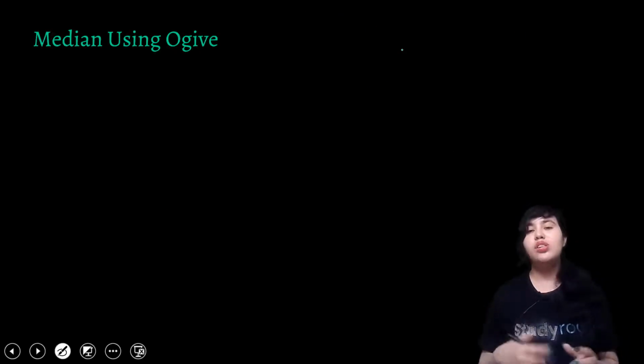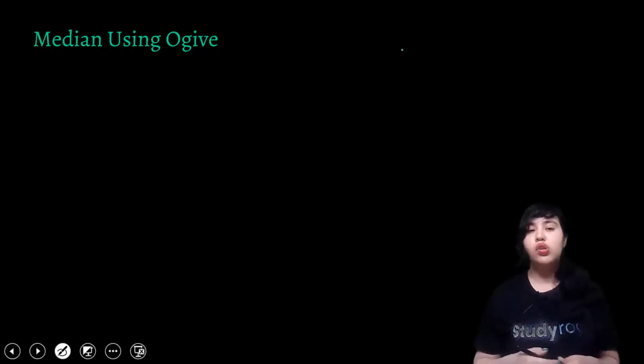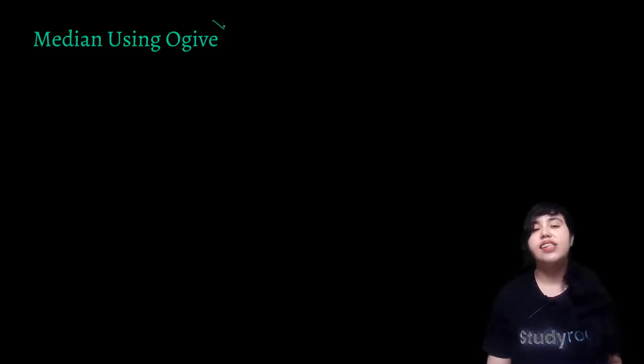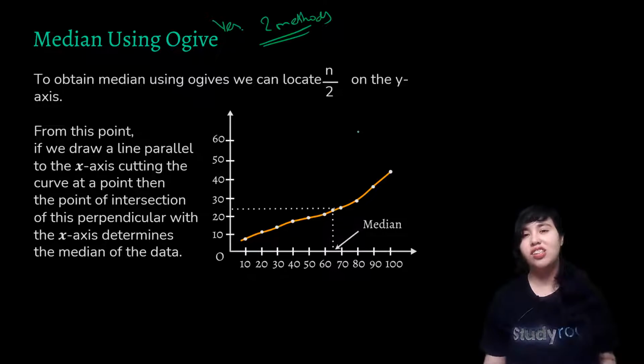So now I told you that whenever we talk of cumulative frequency, it just hints at calculating median. So ogive is also a graphical representation of the same. So can we calculate median using ogive? Yes, the answer is yes, and in fact there are two methods to do so. Okay, let's see the first method. The first method is that you make your ogive. So just by looking at this graph, tell me, is it of the less than type or is it of the more than type? It is of the less than type.